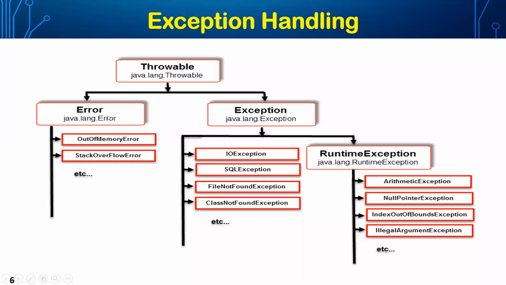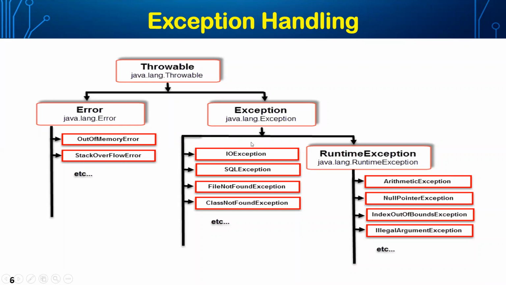These are of two types. One is Error and another is Exception. Error is nothing but internal errors, like out of memory, stack overflow, which is a heap memory error. We cannot do anything about this, and we will not be able to handle it either. It is not good to handle this also. When it comes to Exception, exceptions are of two types: checked exceptions and unchecked exceptions. Exception is the name of the class which is a superclass of all the classes of both checked and unchecked exceptions.